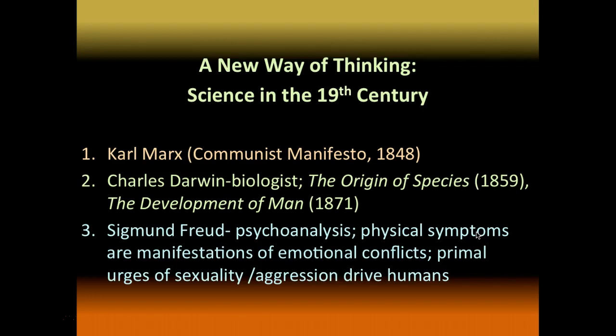And then Darwin, Charles Darwin, the biologist, he wrote a couple things including The Origin of Species and The Descent of Man. And in these sources, this biologist argues that life was constantly changing and evolving, and all forms of life were in a constant struggle with each other over resources. And certain ones would lose the struggle and fail to continue existing. The idea of evolution, in a sense.